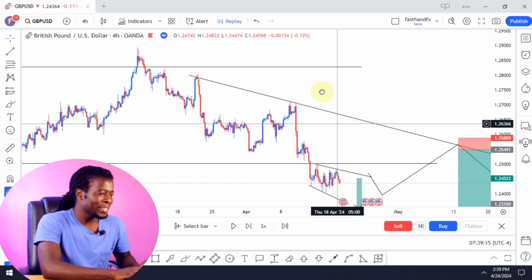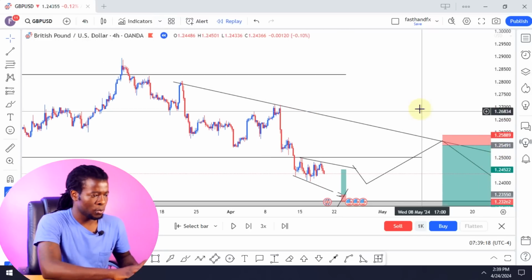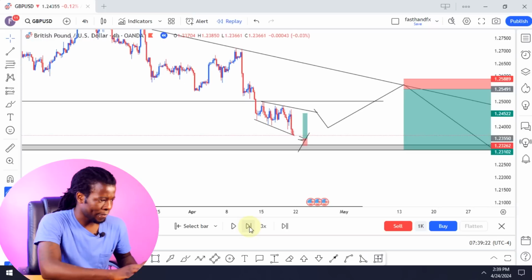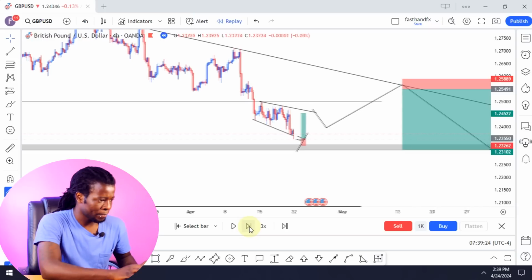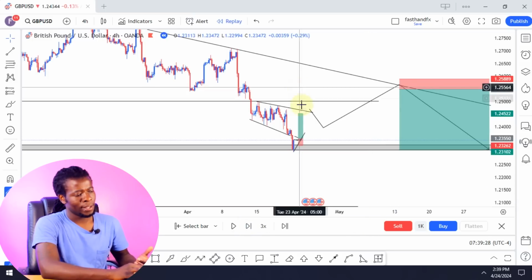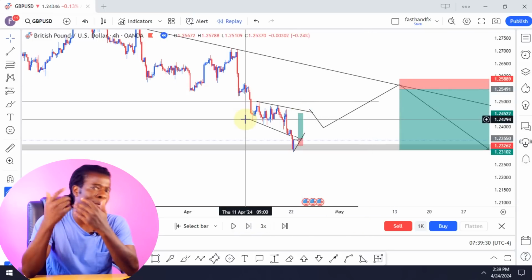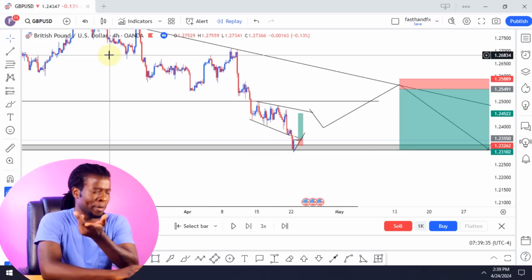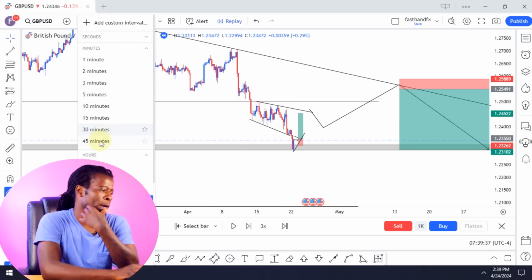All right, now based on the H4, this is what the market did. In fact, the market dropped right there. Now, when this was happening, I say I need to understand the approach. I keep on saying understand how price is approaching a support or resistance, which will be helpful, guys. Okay, so let me go to the 1 hour.